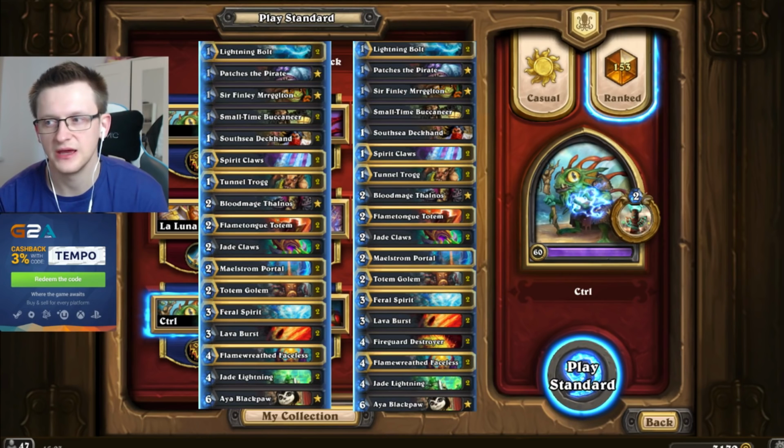Actually I had one game where I played against Control Warrior and I beat him in fatigue with an aggressive Shaman because of the Jade mechanic, which is absolutely insane when you think about it. So yeah, Small Time Buccaneer, South Sea Deckhand, 2 South Sea Deckhands. I think that's a little bit special because most people run 1 instead of a Zoo Drake, because you just wanna control the board